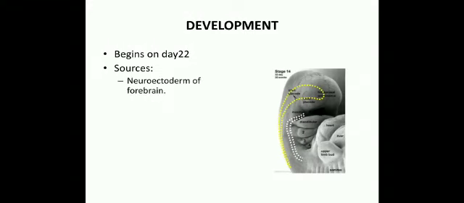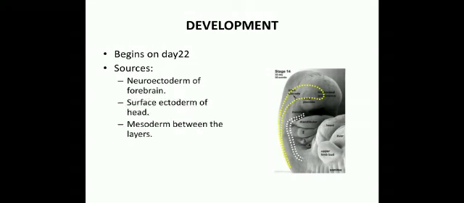They include the neuroectoderm of the forebrain, the surface ectoderm of the head, the mesoderm between these two layers, and the neural crest cells. So, the neuroectoderm of the forebrain forms the retina, posterior layers of iris and the optic nerve. The surface ectoderm of the head forms the lens of the eye and corneal epithelium. The mesoderm between the neuroectoderm of the forebrain and surface ectoderm of the head forms the fibrous and vascular coats of the eye, and the neural crest cells migrate into mesenchyme from the neural crest and form the choroid, sclera